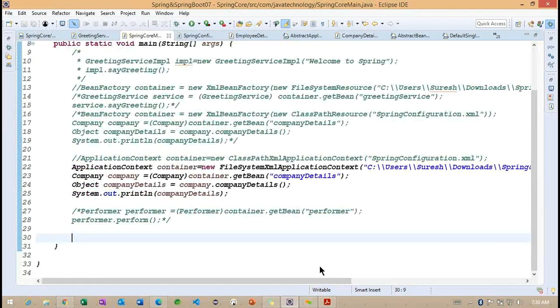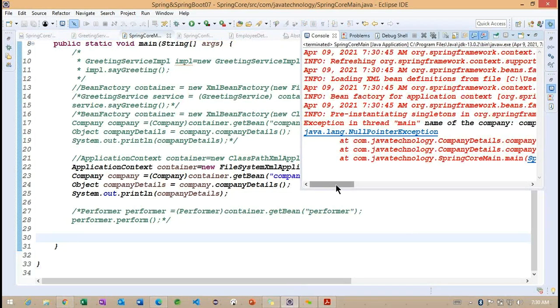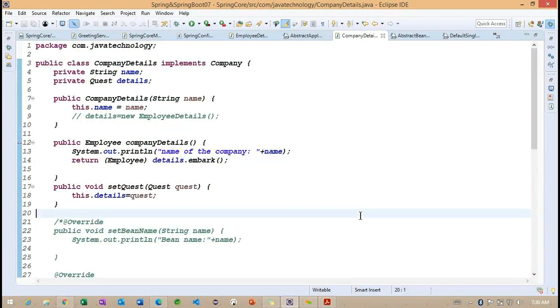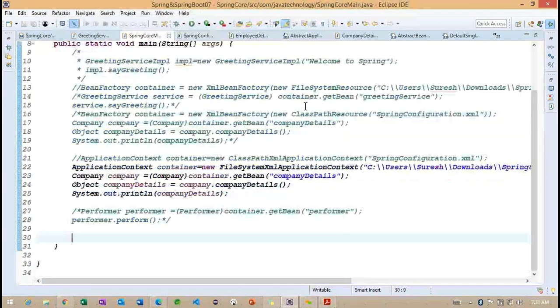So we are getting 14 errors here. So employee, we are getting null. Let me make this particular one autowired.